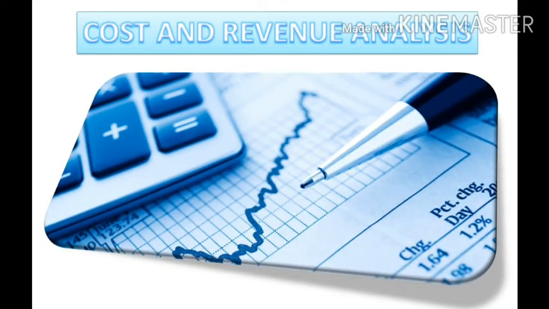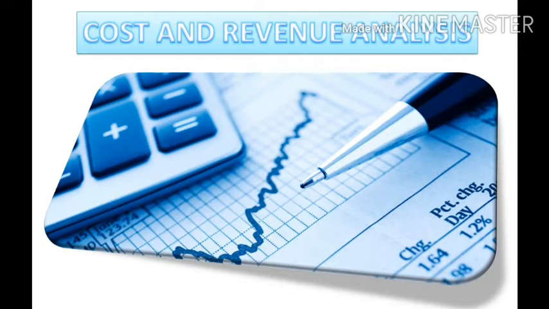Alright, class 12, the next chapter that we are going to start with is cost and revenue analysis. We have already talked about the previous chapter, the theory of production, and the theory of production provides a basis for this theory, that is the theory of cost. We talked about it a little in the previous discussion, right? So in this chapter we will be seeing how cost varies with variation in output.